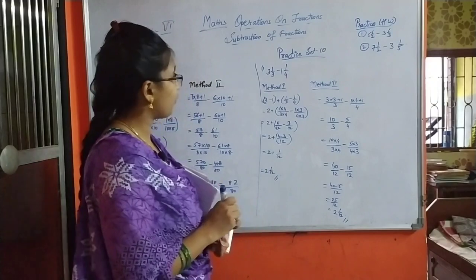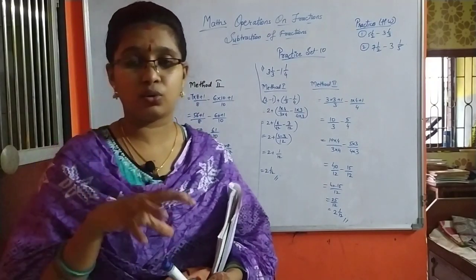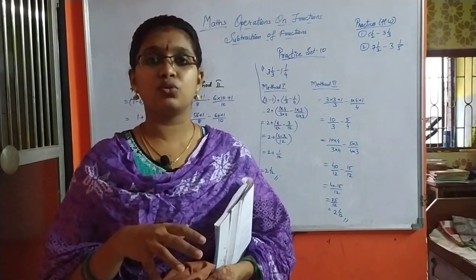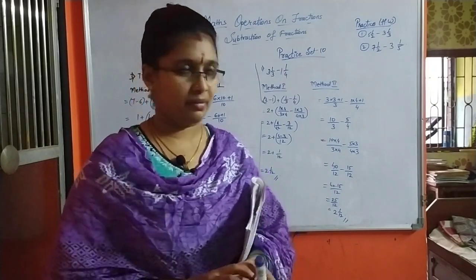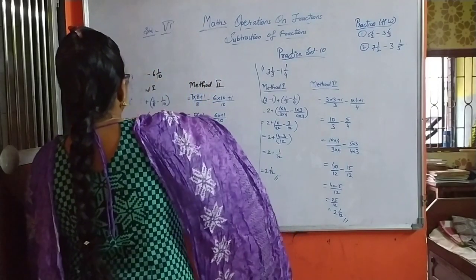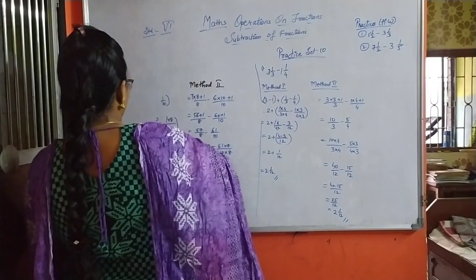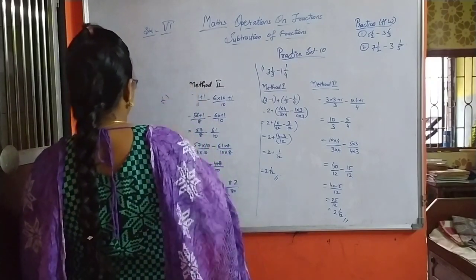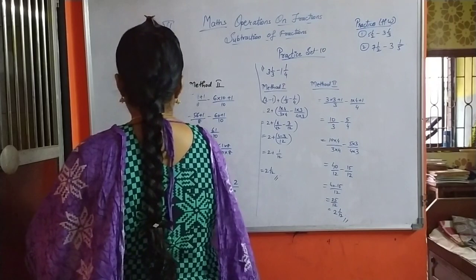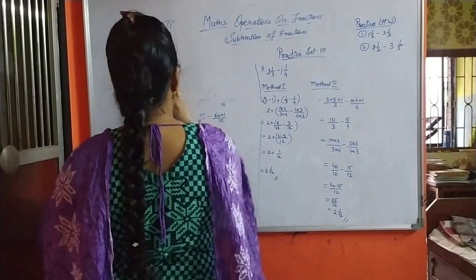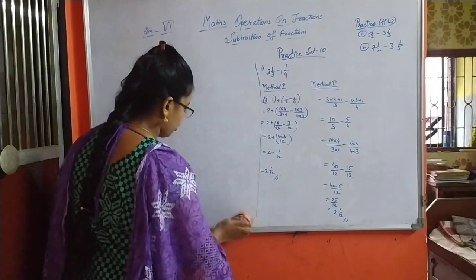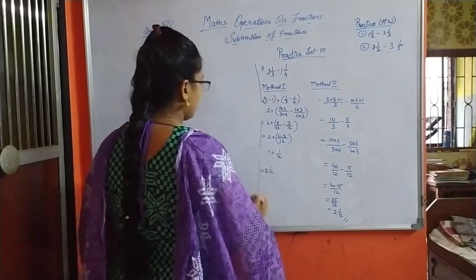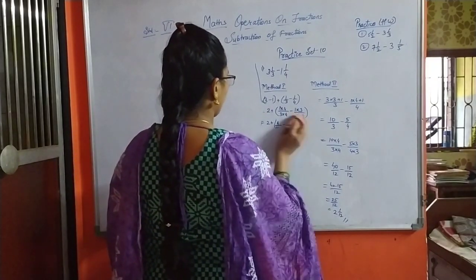So now we have completed the basics of how to add and subtract. Let's move on to the word problems on addition and subtraction one by one now. So in the same practice set 10, we have 3 word problems. Each is different from one another. We will solve them so that you will understand how to do these addition and subtraction in your notebook.